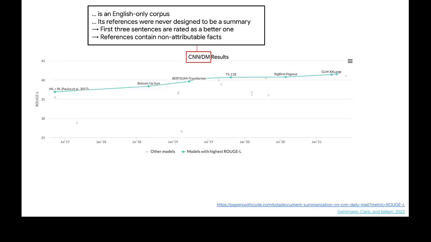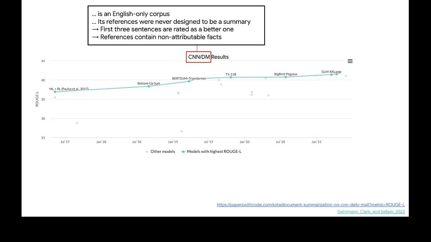The second thing we notice is that it's actually not a summarization corpus. The references of CNN Daily Mail are the little bullet points you see on the homepage of the respective news publishers, and they are supposed to be clickbait to get you to click on the article. They're not the summary of the article. They don't complete or cover the entire article. There's no reason why they can't just add additional facts that are not present in the article.